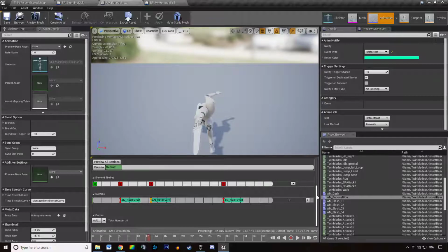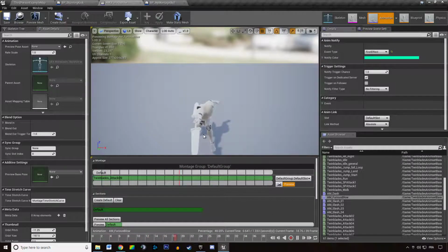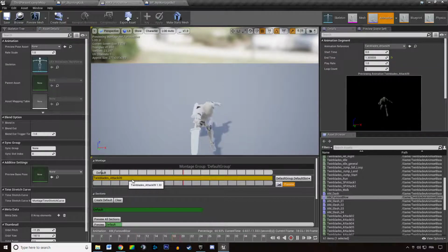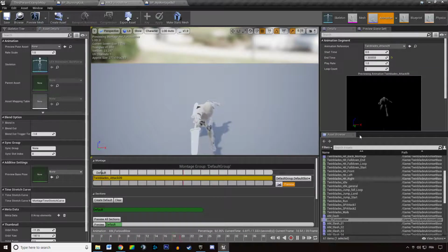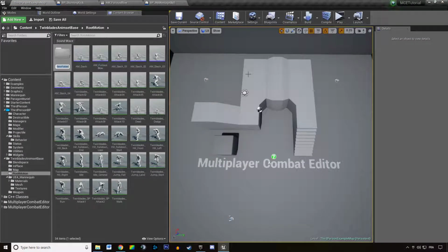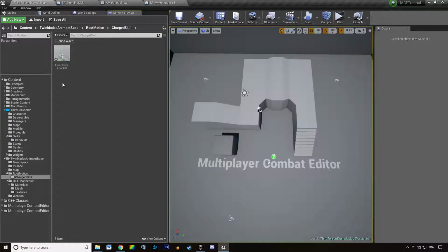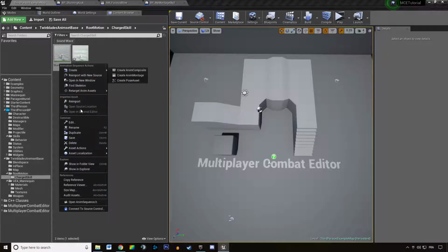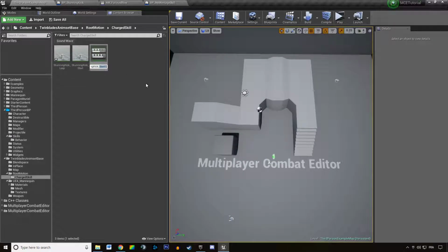So we're going to find out what animation is used for that skill. It's Twin Blade Attack 9, and we are going to duplicate that animation 3 times. We're going to create a new folder called Charged Skill, and drag and drop Twin Blade Attack 9 in there. Copy it, call that Stunning Kick start, duplicate that, Stunning Kick loop,